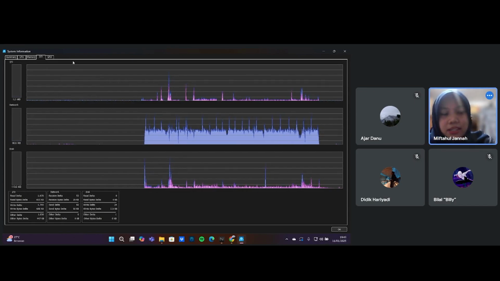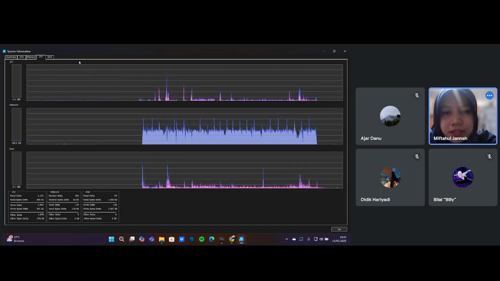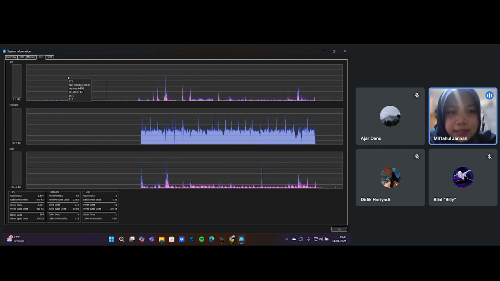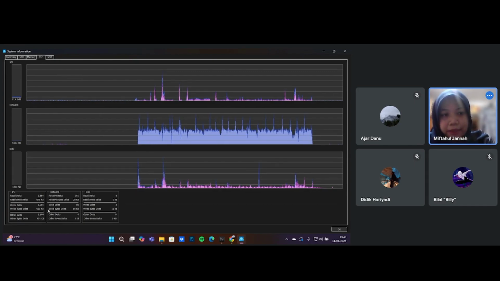In the graph input and output, we have read delta, read bytes delta, write delta, write bytes delta, other delta, and other bytes delta.